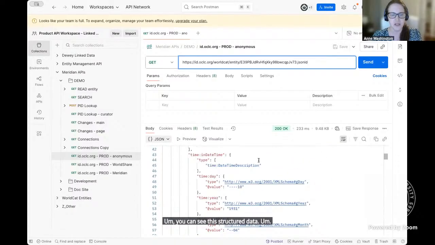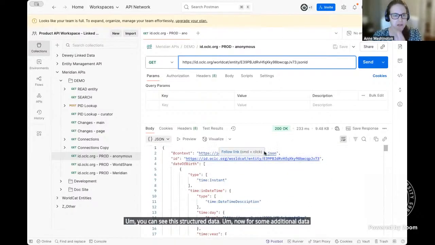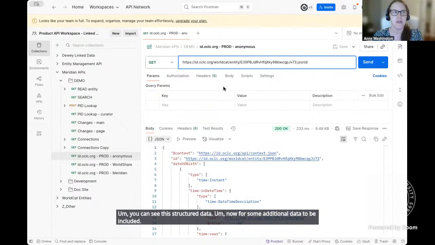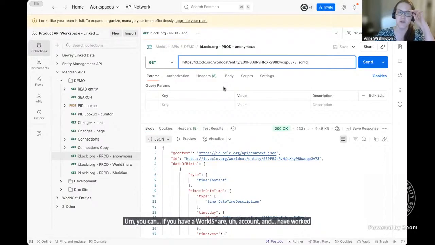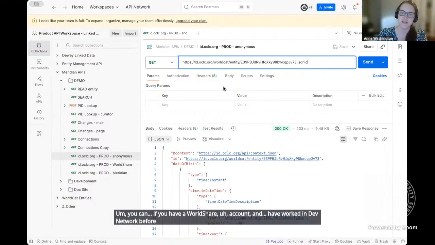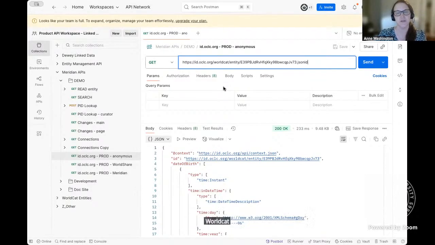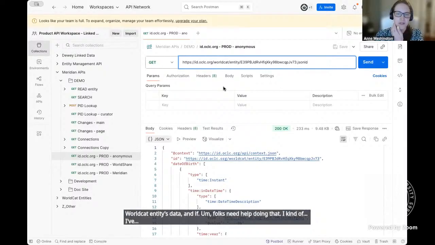Now, for some additional data to be included, if you have a WorldShare account and have worked in Dev Network before, you can request WorldCat entities data. And if folks need help doing that, I've written up an email. I can send that to you.